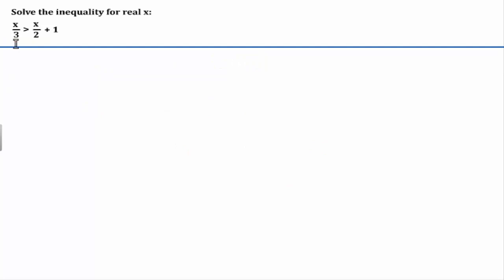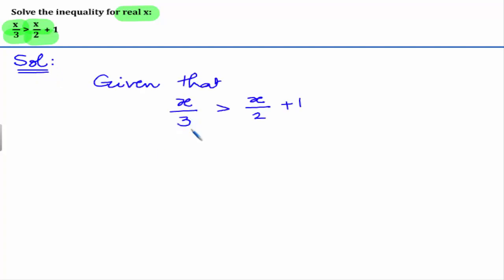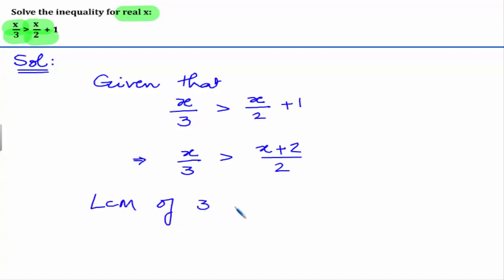In this question, we need to solve the given inequality for any real value of x. Let us see the solution for this now. The given inequality is x by 3 is greater than x by 2 plus 1. Let us simplify the right hand side of this inequality. We get x plus 2 by 2. Now as the LCM of 3 and 2 is 6, let us multiply both sides